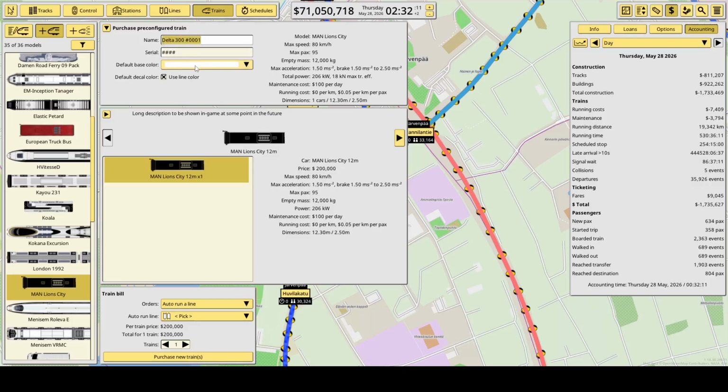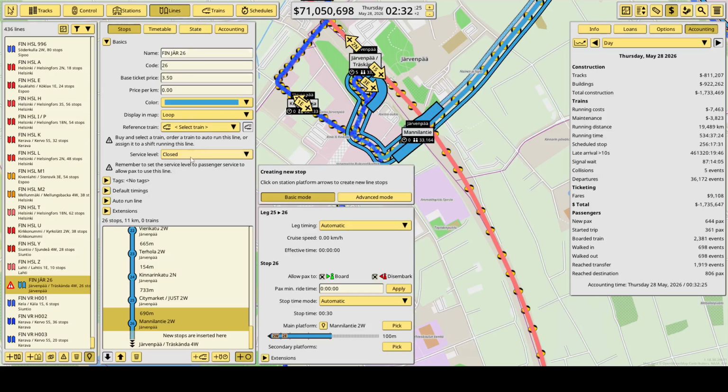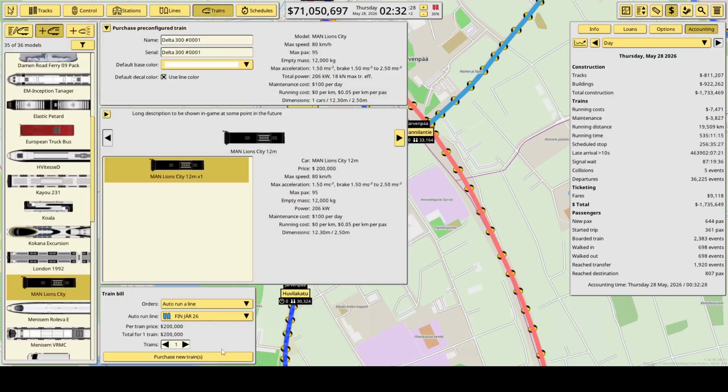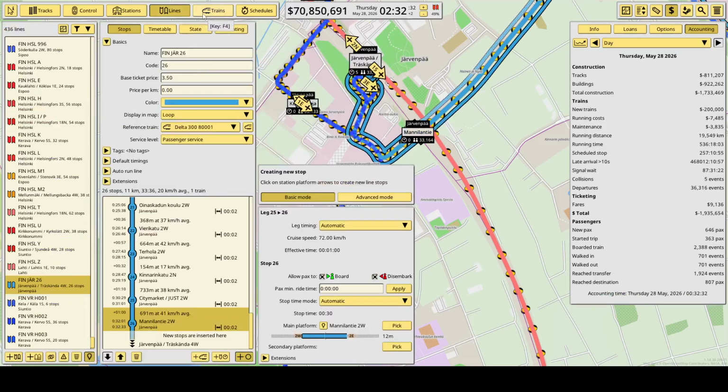Because that's what was used in the line color. And that's what was used by the company back then. Let's open the line and then let's go to the buses and purchase this one. Have a look at the lines. 33 minutes. Well, that's close enough. So